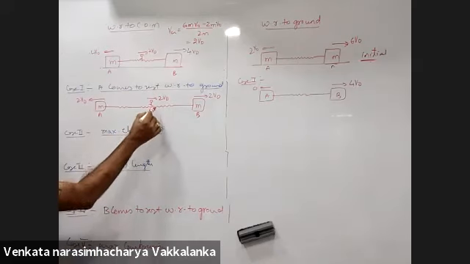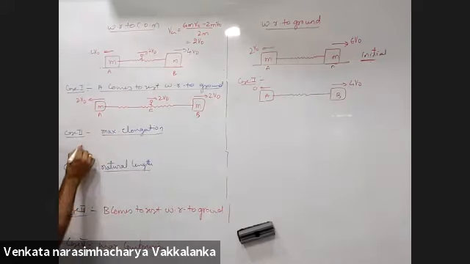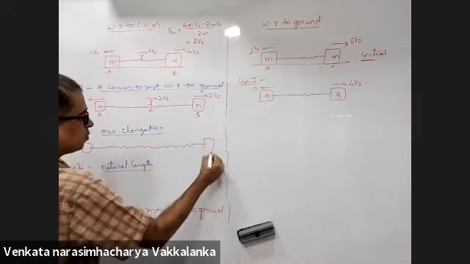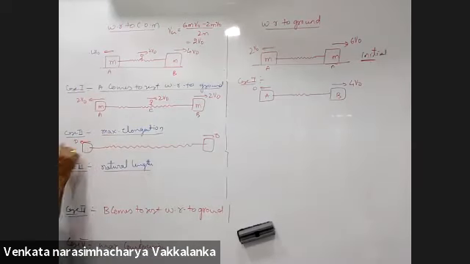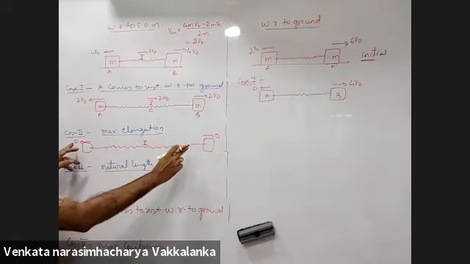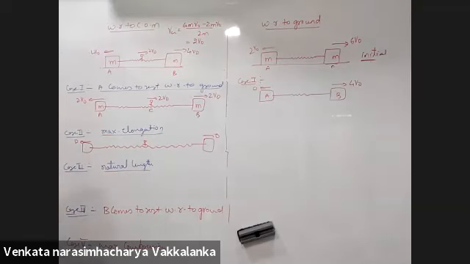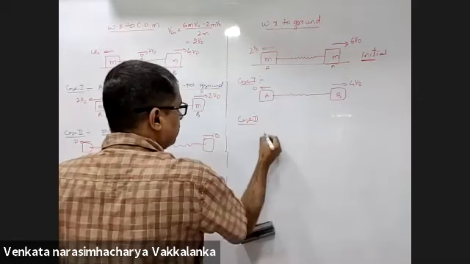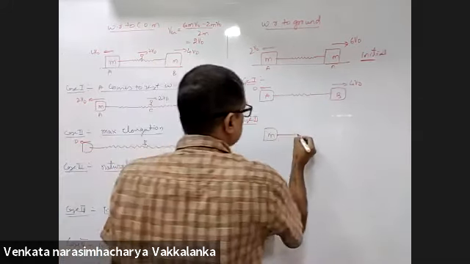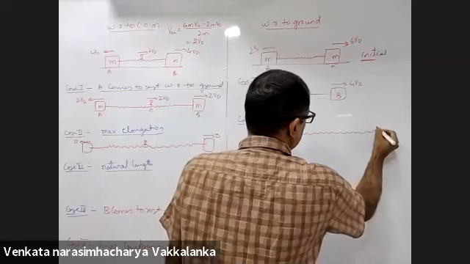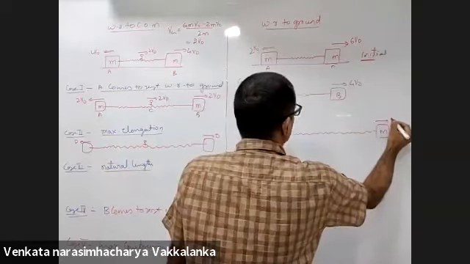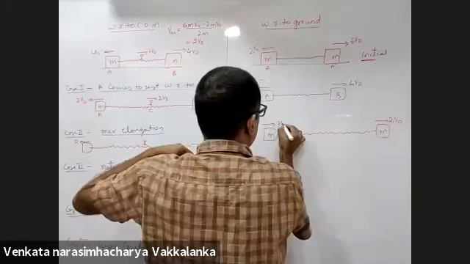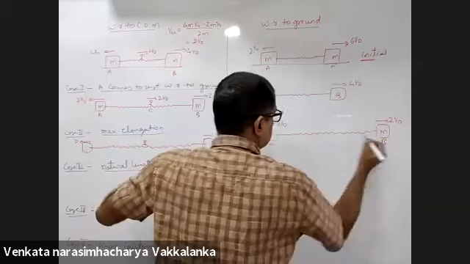No. Have a look at this. When will it come to maximum elongation? When both come to rest with respect to center of mass. This also came to rest, this also came to rest with respect to center of mass. Right? In case 2, both should acquire the same velocity for maximum elongation. The common velocity will be velocity of center of mass. This also acquires 2v0. This also acquires 2v0.